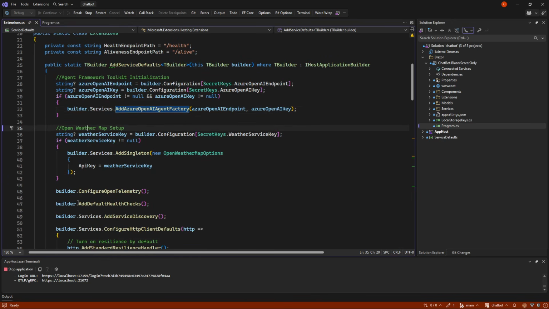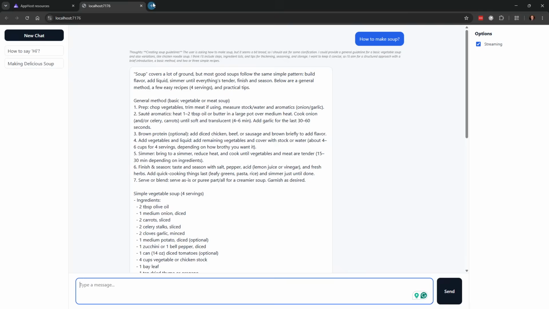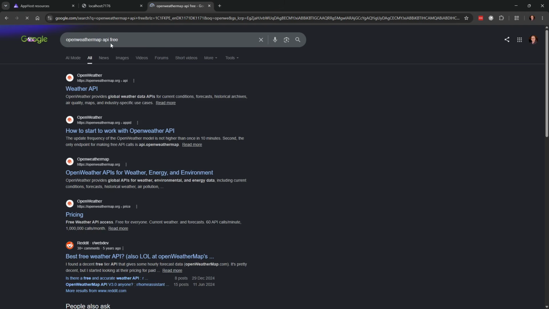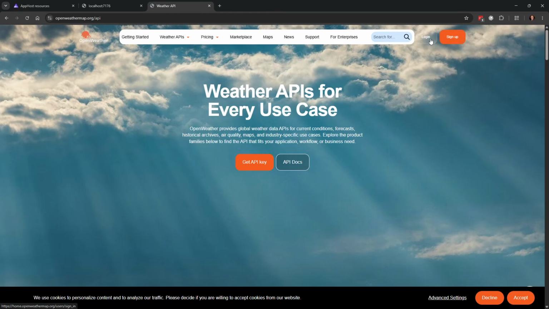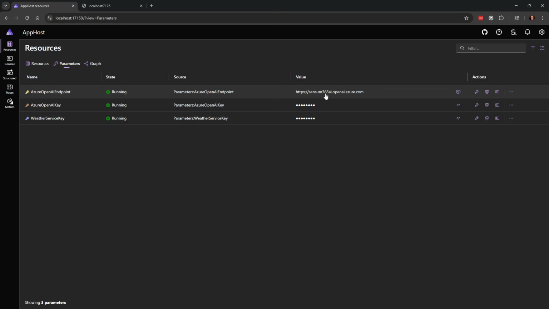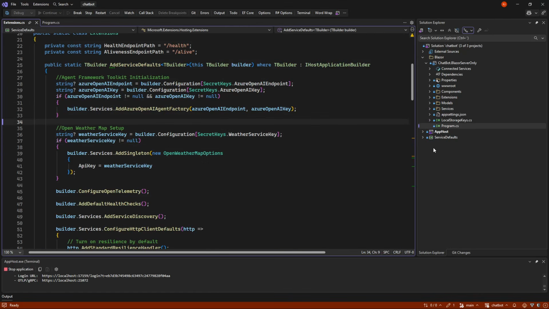As I mentioned, I also use OpenWeatherMap, and if you need to grab something from them, you need to go to OpenWeatherMap, and you can just sign up for free and get an API key. So there's no cost at all in order to run this. The system here will ask you for this, and you just put in the keys and you are ready to go.